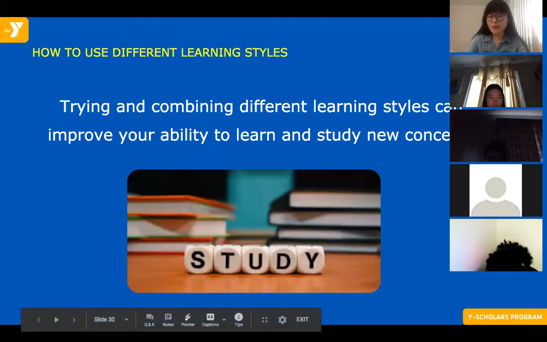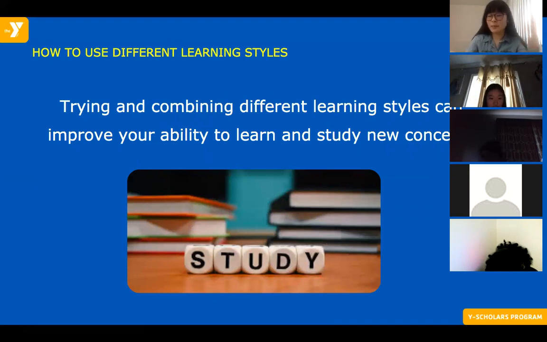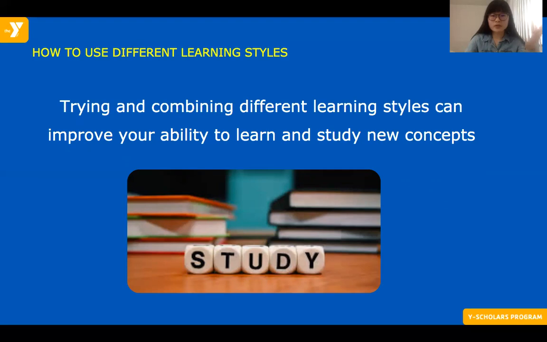Because both teams did really well on the second round after strategizing together and thinking of new strategies, it really proves that it helps to change it up. It helps to combine different strategies, try out different strategies or styles. Like it says right here, trying and combining different learning styles can improve your ability to learn and study new concepts.